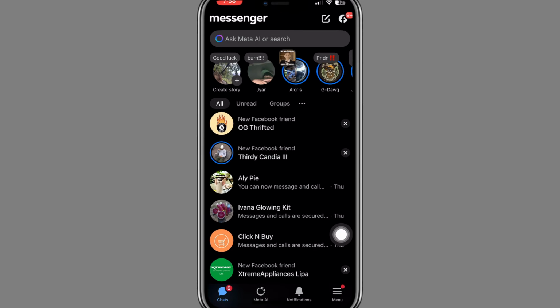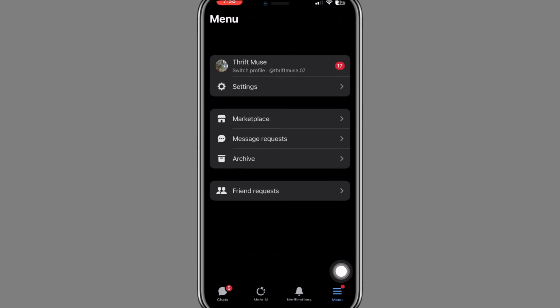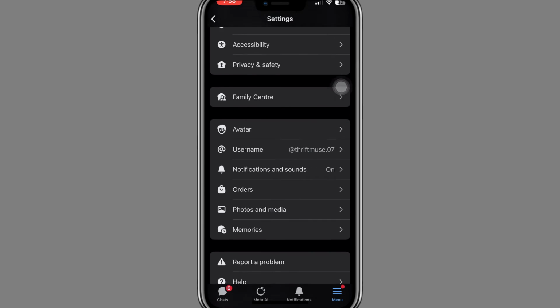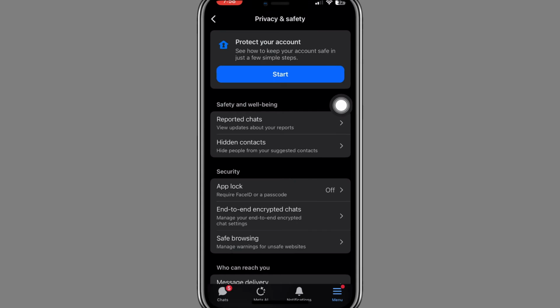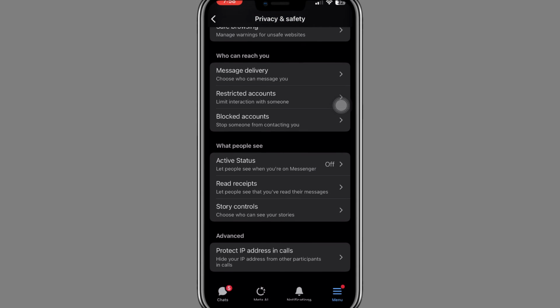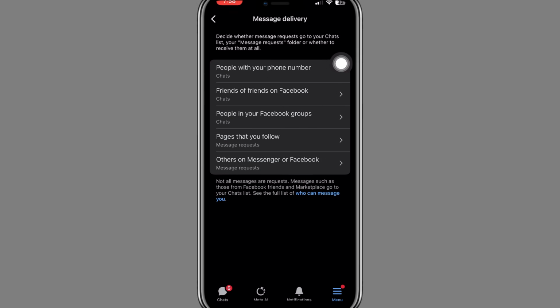Now, once you are logged in, tap on this menu icon right here and tap on settings right here. Now, scroll down and tap on privacy and safety. Here, scroll down. Here you can see the message delivery option. Tap on message delivery and you can decide whether message requests go to your chat list or your message